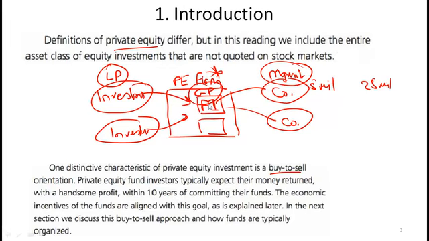Within private equity, very broadly speaking, we have buyout firms and venture capital firms. In level 1, we focused on venture capital. This distinction comes from the category of companies where the investment is made. So if F1 is a buyout fund, what this means is that the money being invested is being invested in stable, established companies. And what we are hoping to do is take a stake in those established companies and then increase the value of that company and then sell that company at a higher value and make a profit.